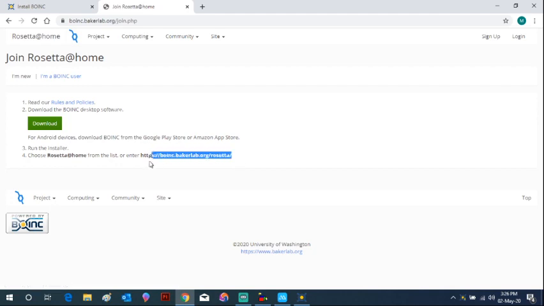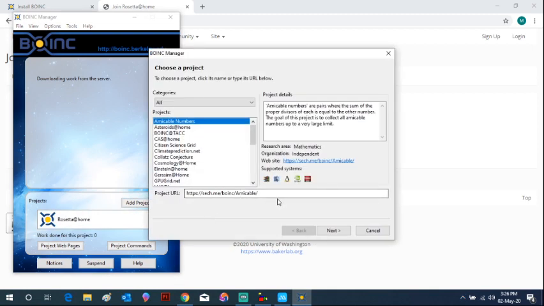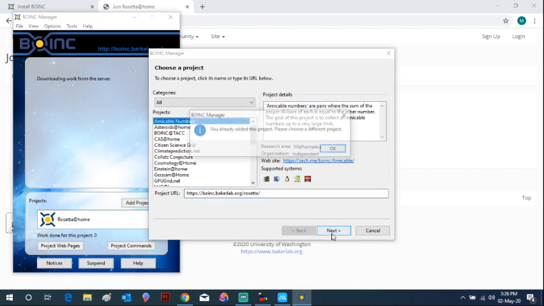Now you need to copy this URL, Control C, and click on add project, paste the link here and click on next. I have already added the project, so it is showing that you have already added the project.